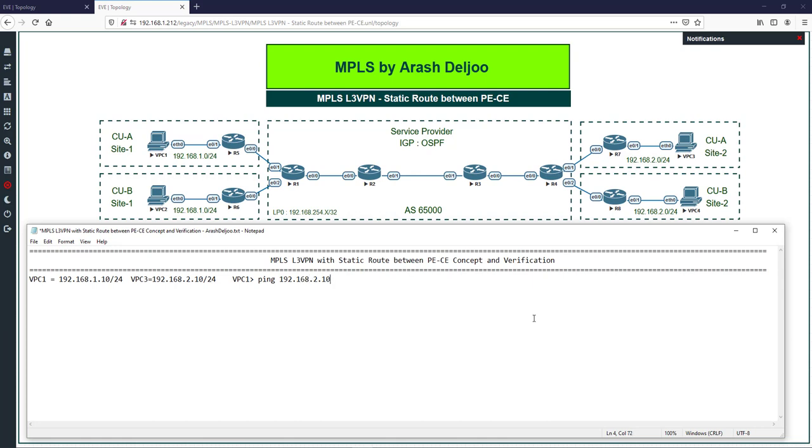192.168.2.10. You know that when we are using the ping command, this means that we need to send an ICMP echo request, okay, an ICMP type 8 message, to the destination. ICMP echo request, then we have the IP header, and we need to send this packet from VPC1 to VPC3. And also in the IP header, we have source IP of 192.168.1.10 to the destination IP of 192.168.2.10. Okay, this is the packet that should be generated in VPC1,